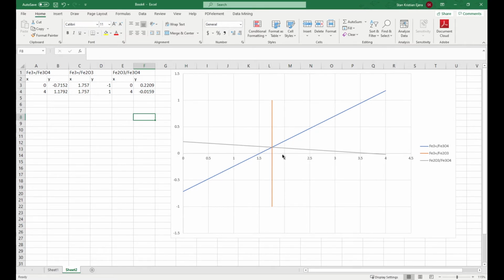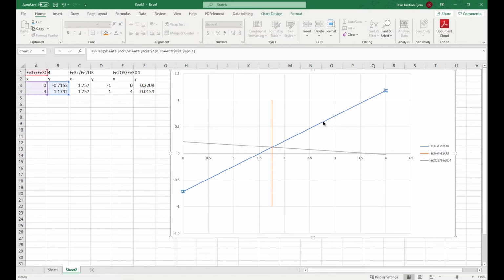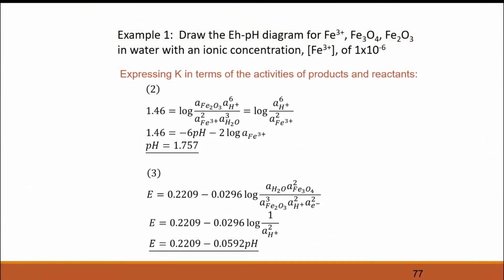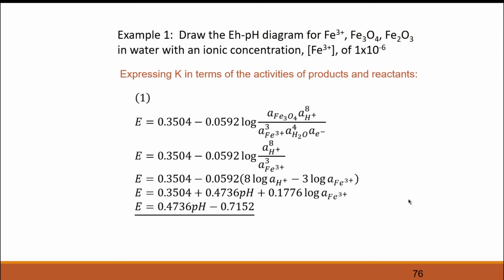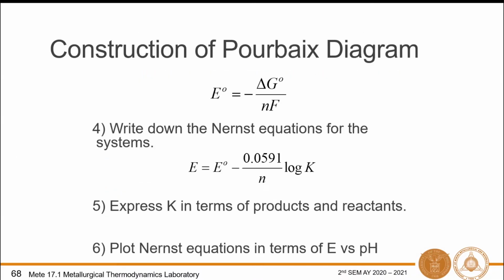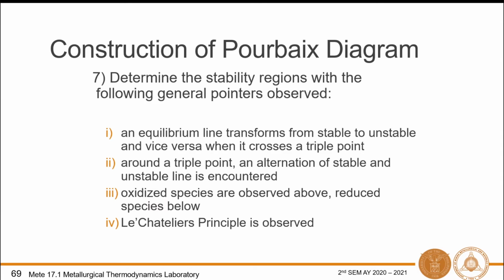Okay. So we have our different couples, no? And we have the legends to show this. And again, ang sabi, if we go back to the slides, no? If you remember, we always place the oxidized species above and the reduced species below. Okay? So that means that for our example,